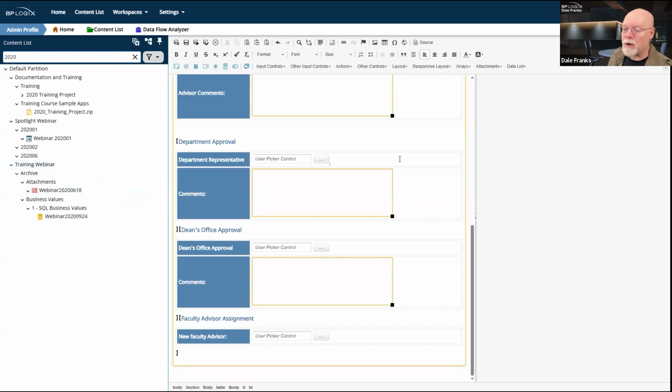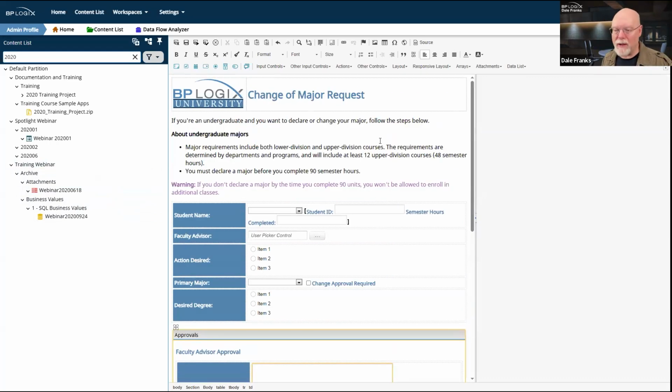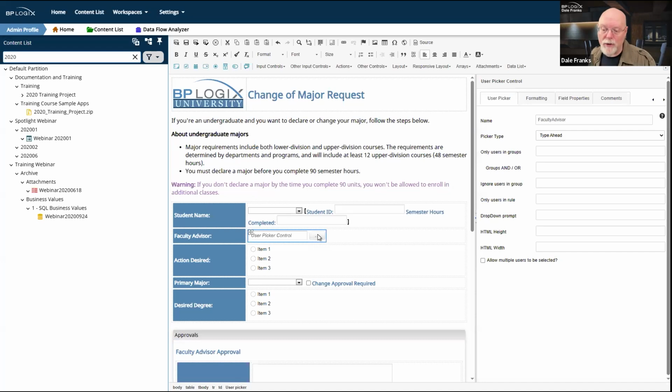So in this particular case, I don't know, like when a student is filling this out, right? A student just technically goes in and says, I want to change my major, or I want to declare my initial major, or whatever it may be. Okay, the student logs in. I don't necessarily know who their faculty advisor is. I mean, it could be one of 5, 6, 7 professors in their department, and I might not know who it is for each specific student. So the student will just pick their faculty advisor.